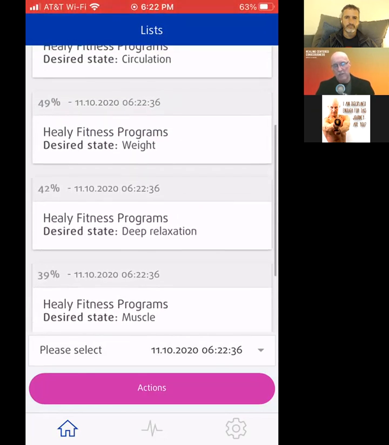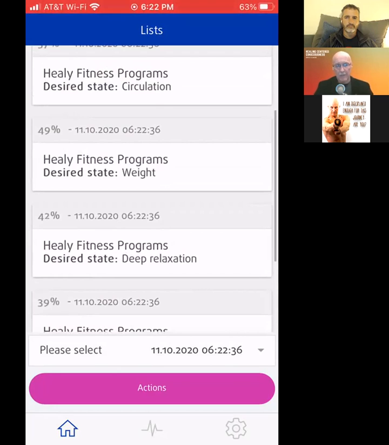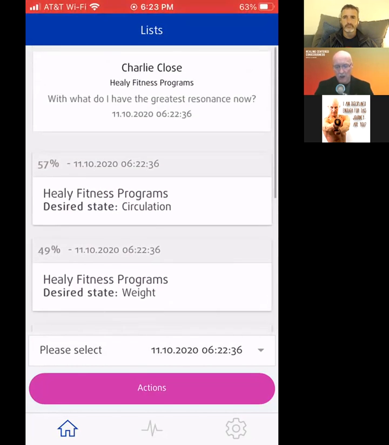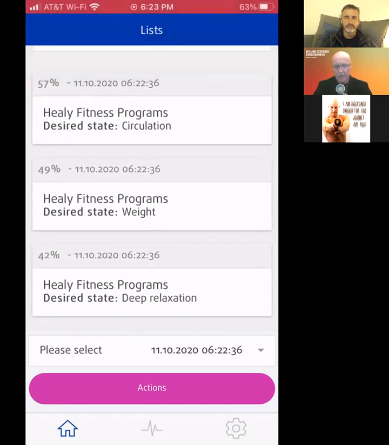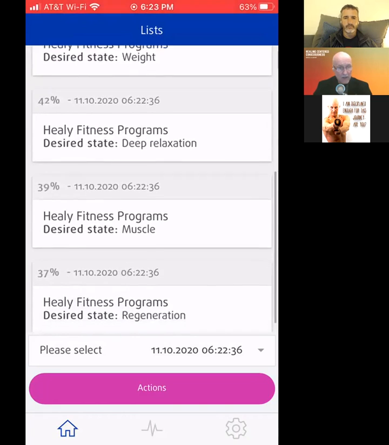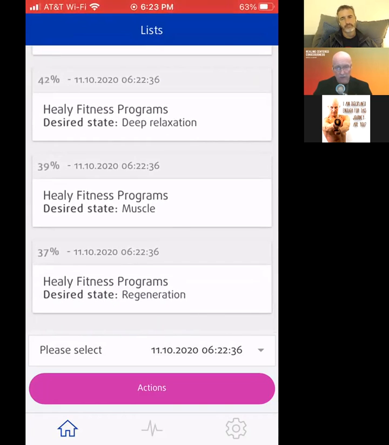And the definitions of those programs are in a document that is available, and we can put links to that document. It is a definition page for each one of the programs on all 15 pages within the Healy system. So again, it shows us the percentage of relevancy. We just need to know that 57 is higher than 49. And it's going to sort it out for us in the proper order. Again, we can send these to her field via the vibrate mode by clicking on the actions tab at the bottom. We can also send them in a PDF form for the client to review,